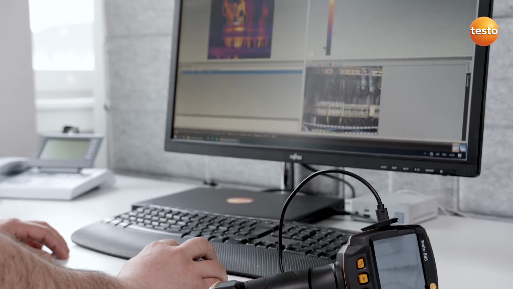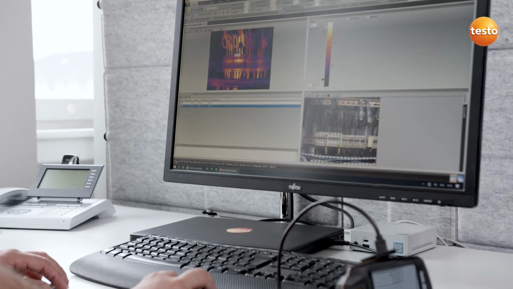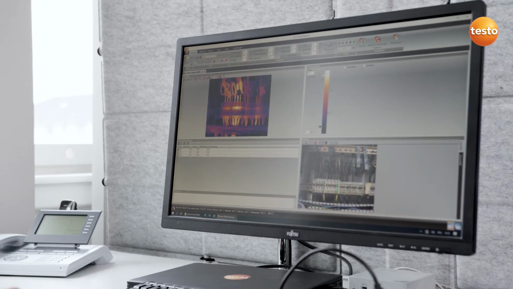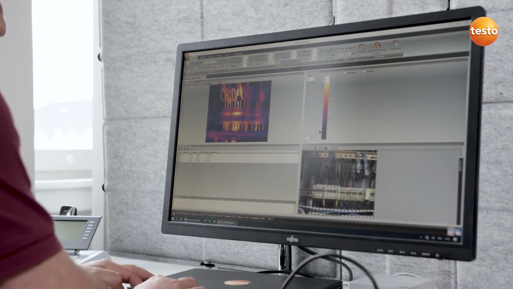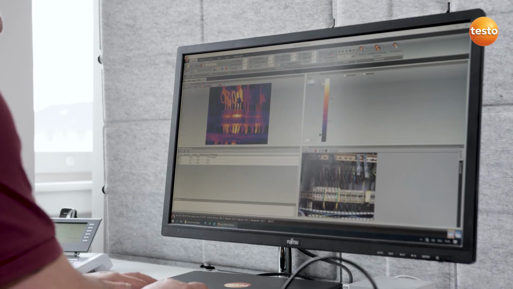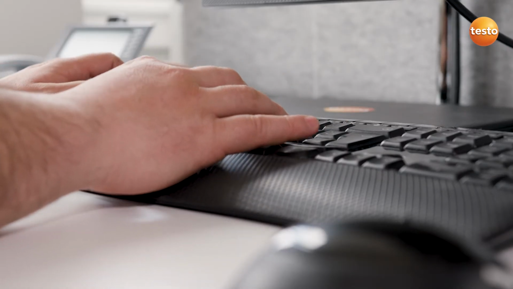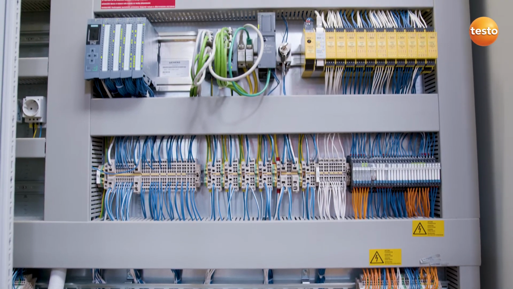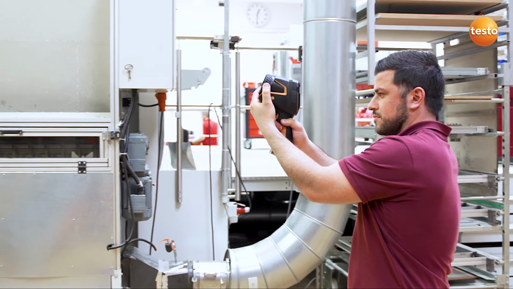Hello! In this video, I'm going to show you how, in just a few steps, you can use the software Testo IRSoft to analyze thermal images, especially from the field of preventive maintenance, and document them in a report. For this purpose, I'm going to use a few example images of switch cabinets and machines, which I've recorded using